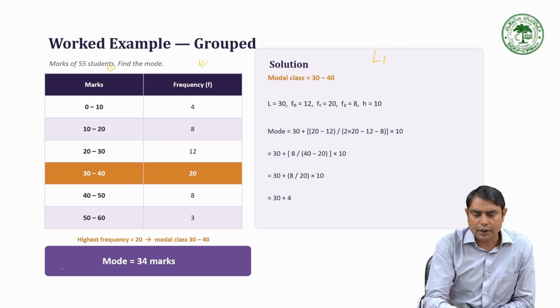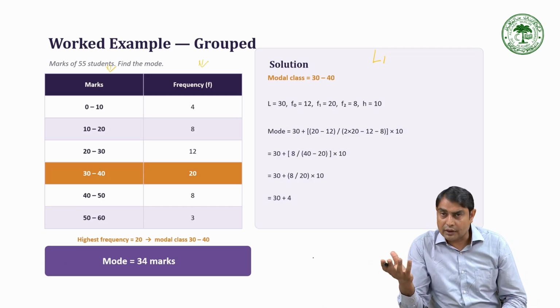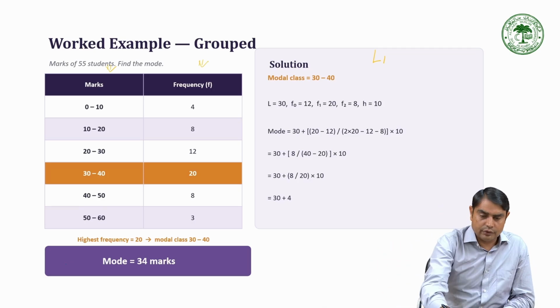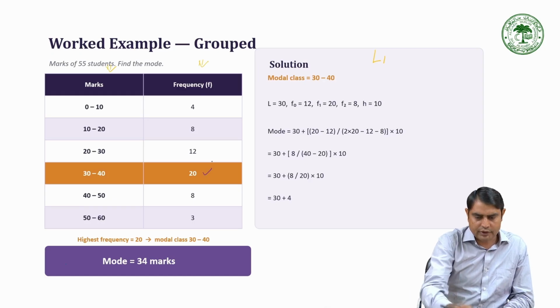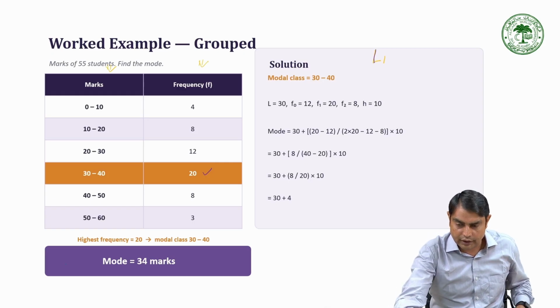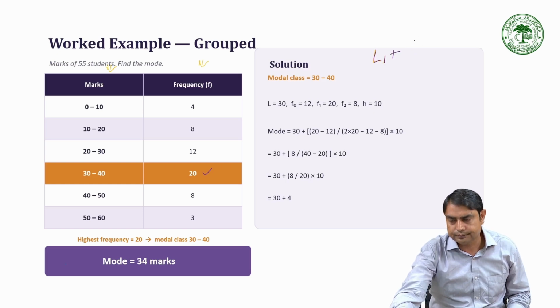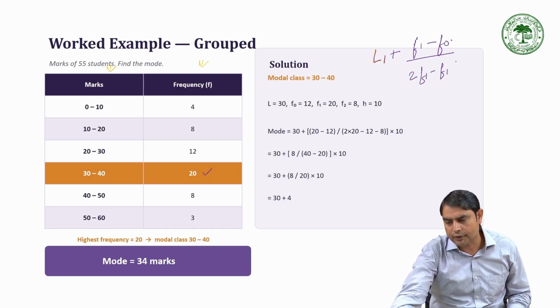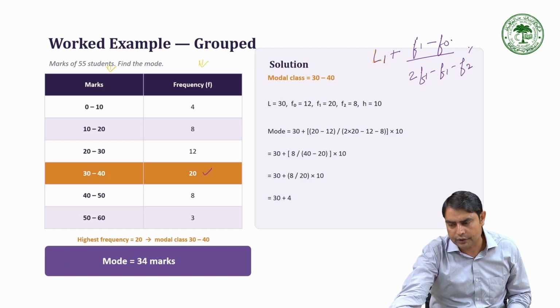But how to find the modal class? Simply, the class in which the highest frequency lies. So I'll check the frequency table, and the highest frequency lies in this class, right? So what I can do is take L1 plus the frequency of the current class minus the frequency of the previous class, upon 2 times F1 minus the frequency of the previous class minus the frequency of the succeeding class, into H,